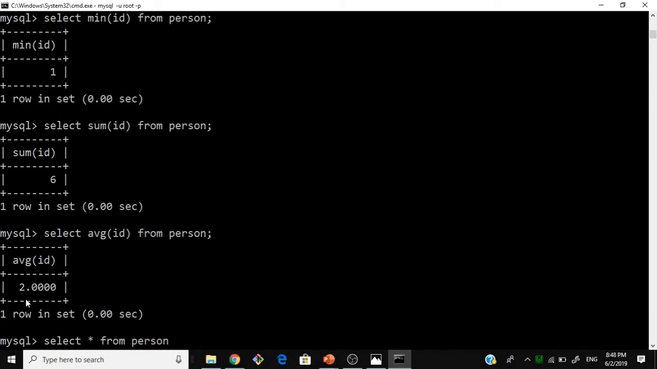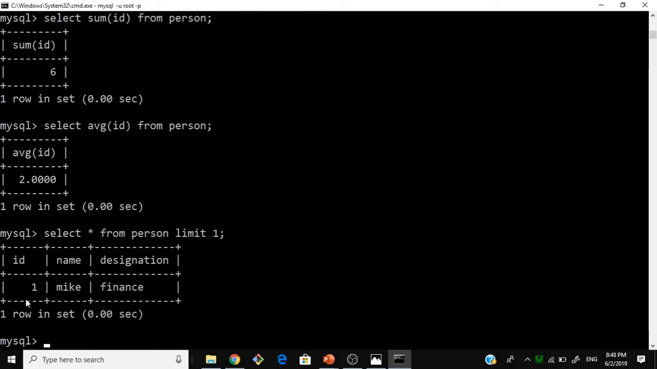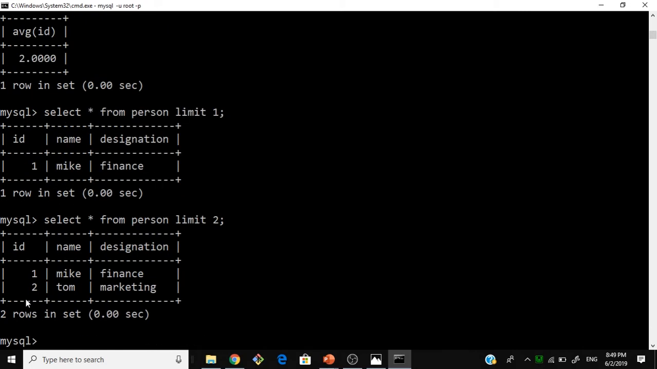Let's start from person limit 1. So limit is going to put a constraint that is going to return just a single record. If I increase the limit, it will return me according to that limit. So here is the limit keyword, and we can also now